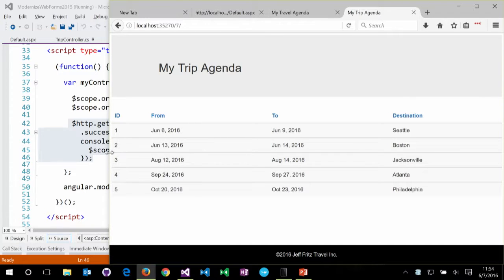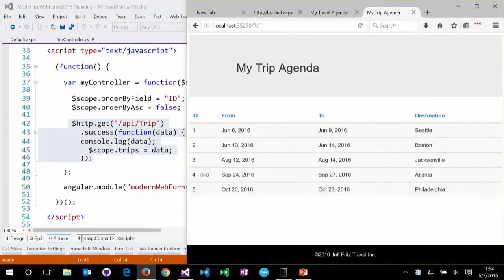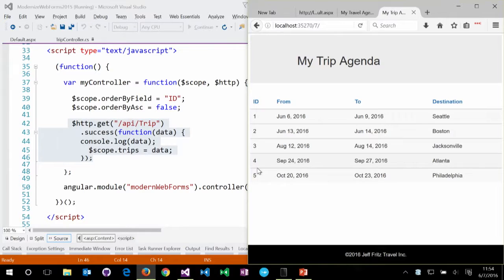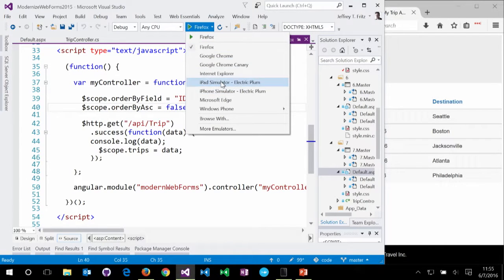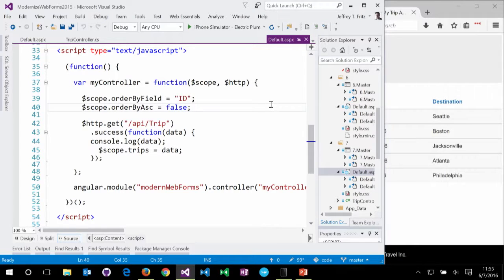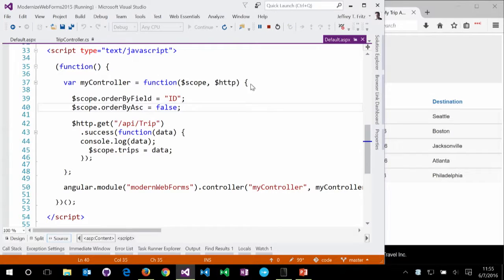And the final thing that I want to show you, I mean, this is nice that I can see how it sizes appropriately here, but what if I want to see how this looks on a phone, right? I've always got my wife saying, well, how's this look on my iPhone? There is a tool that you can download from our friends at Electric Plum that will add into Visual Studio 2015 to simulate the iPhone. So if I come through and I say browse with iPhone simulator, it's going to take a second here and start up this simulator from Electric Plum,